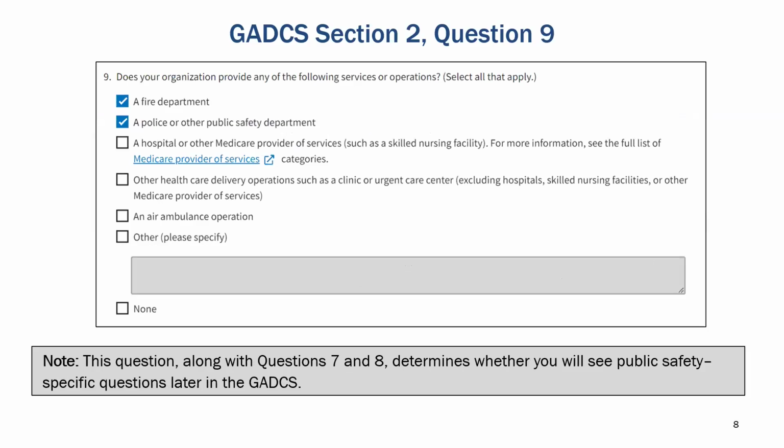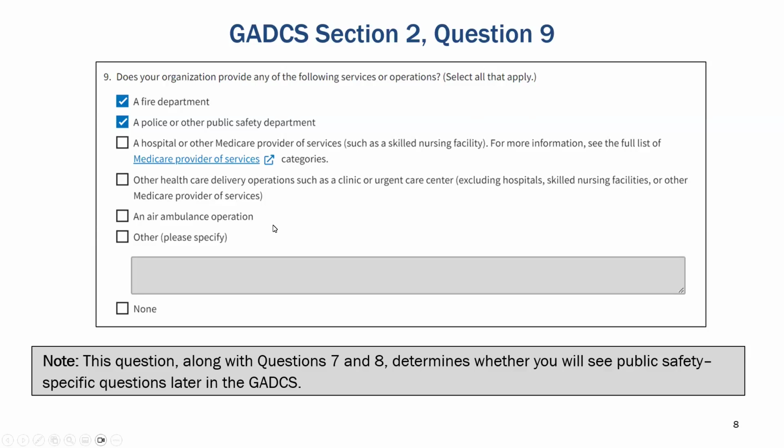And the final of these 3 questions in section 2 is section 2, question 9. So question 7, you get to pick one option of what best describes your organization. Question 8, you're referring to whether or not that other organization you share costs with. And question 9 gives you an opportunity to tell CMS about some more complicated arrangements. And sometimes you may want to check off a couple of options.